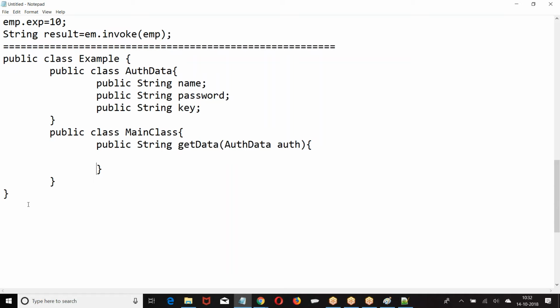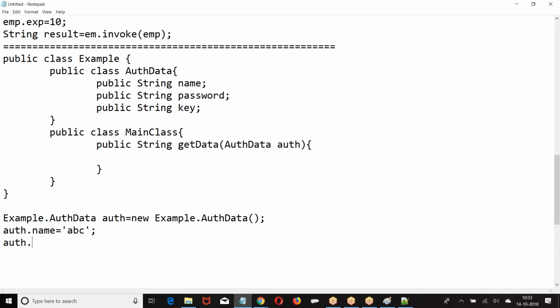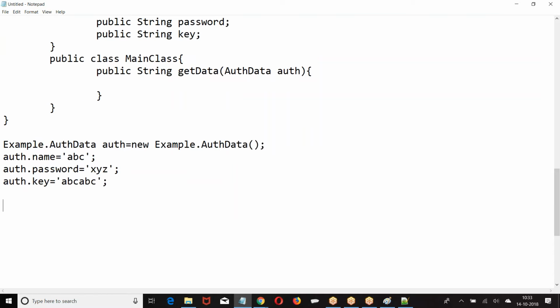Done. So how do you create it? Get data.